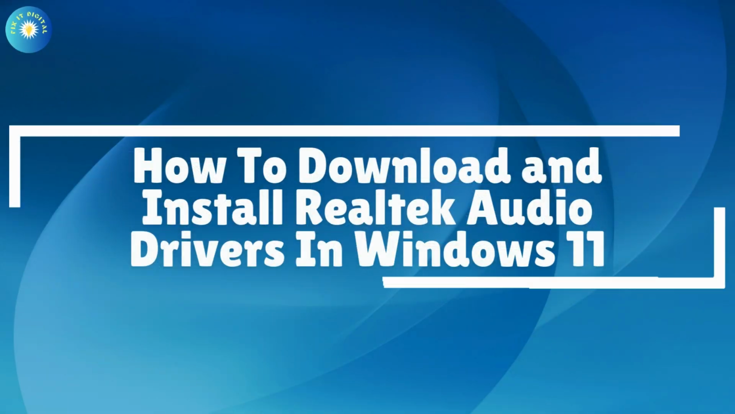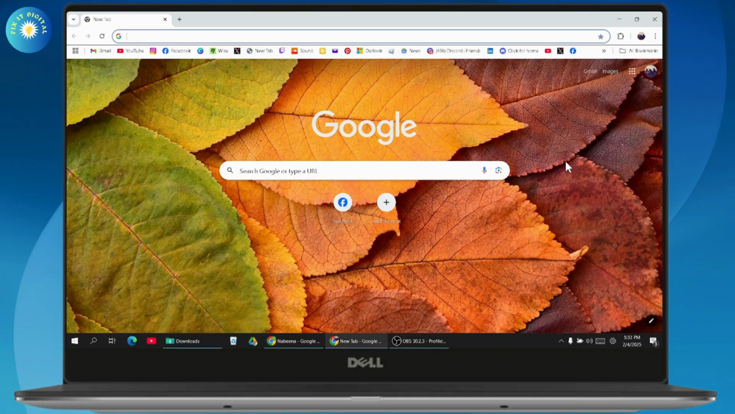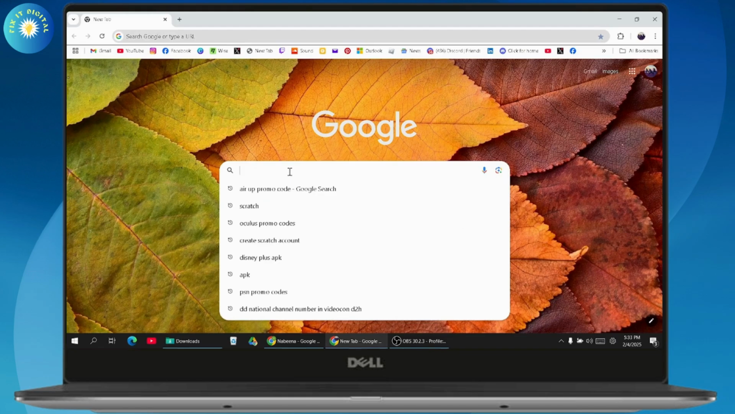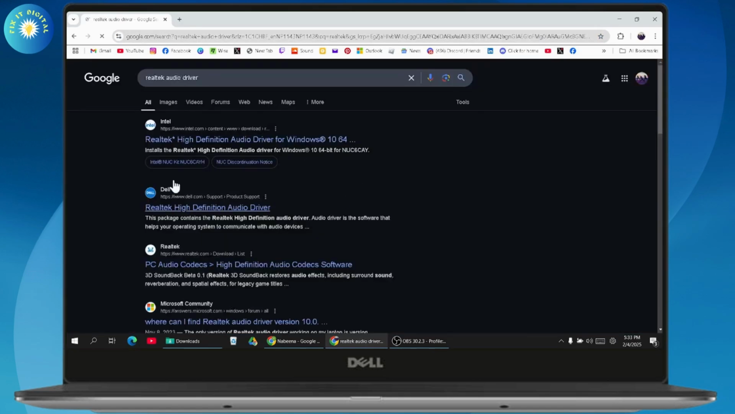Download and install Realtek audio drivers in Windows 11. So if you want to download and install Realtek audio drivers in your Windows 11, then what you need to do is simply open up your browser and search for Realtek audio drivers. Once you've searched for Realtek audio drivers, you can just go with the first option, which is